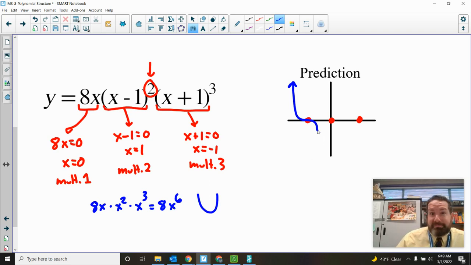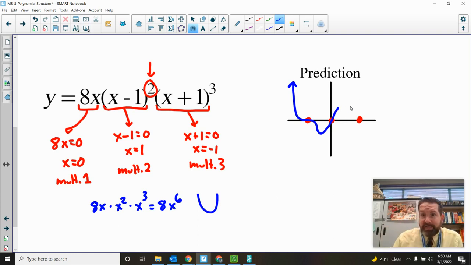Now notice I stopped because now we're going to look at what happens at this next x-intercept. At x equals 0, that's a multiplicity of 1. For multiplicity of 1, your graph's going to shoot right back up through the x-axis. Multiplicity of 1, shoot straight through. Now for this last one, at x equals positive 1, multiplicity of 2, that means my graph is going to